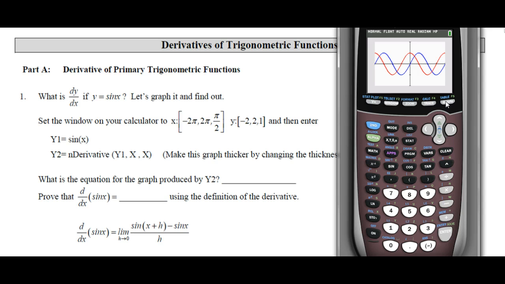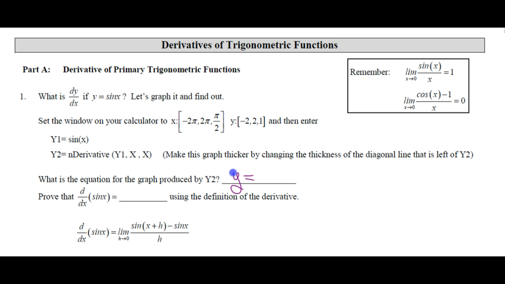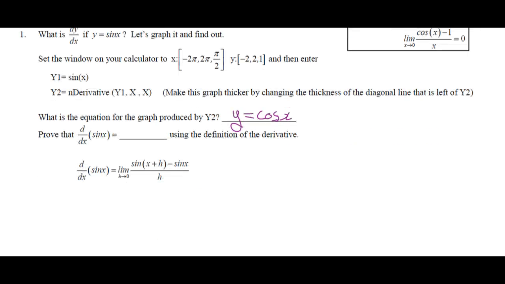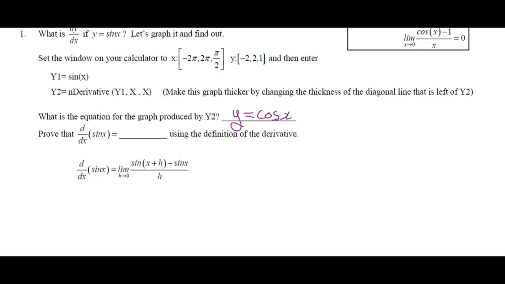Okay, what does that look like? The red graph is the cosine graph, right? So what is the equation for the graph produced by y2? y equals cos of x. I guess we don't need parentheses there, just cos x. So prove that d by dx of sine x equals cos x